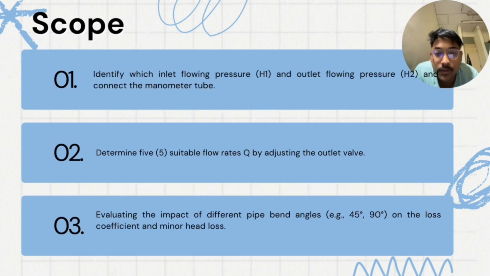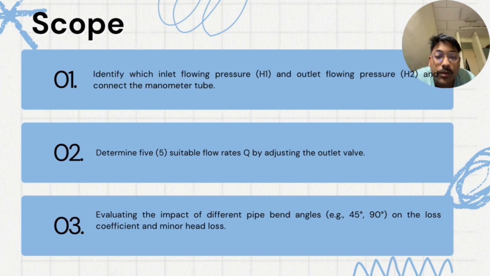Next, for the scope, the first one is to identify the inlet flowing pressure H1 and outlet flowing pressure H2 and connect the manometer tube. Second is to determine 5 suitable flow rates Q by adjusting the outlet valve. Third is evaluating the impact of different pipe bend angles, for example 45 degrees and 90 degrees, on the loss coefficient and